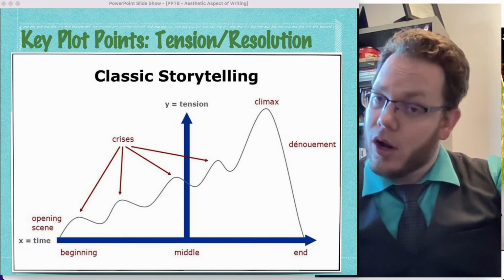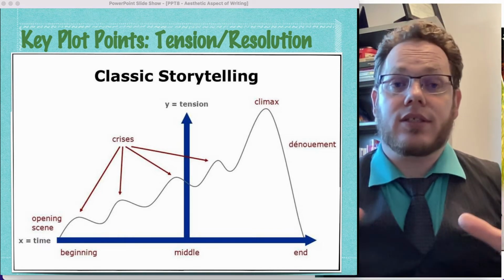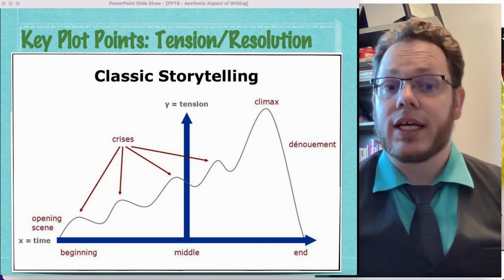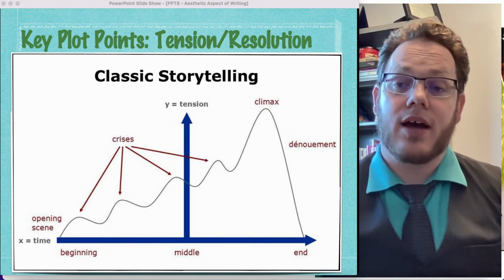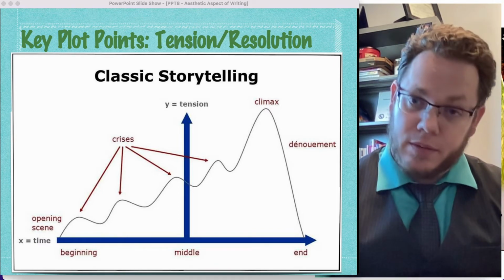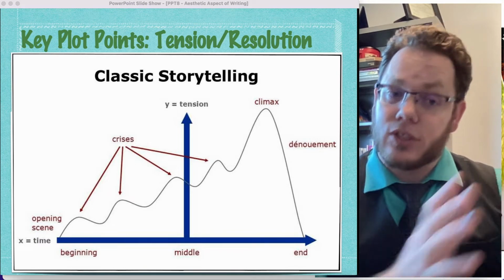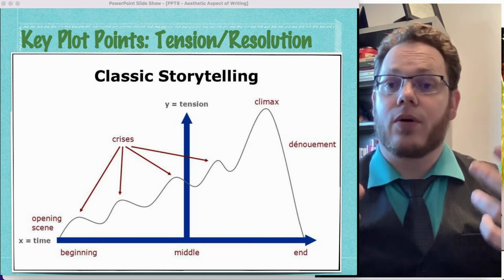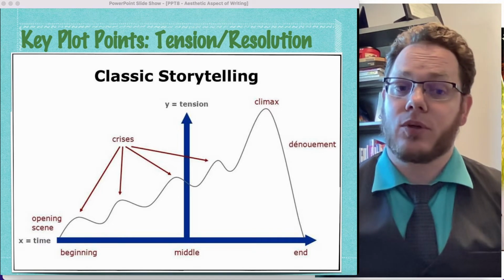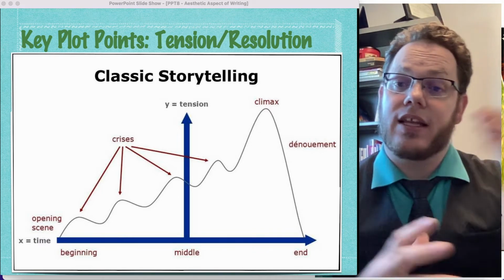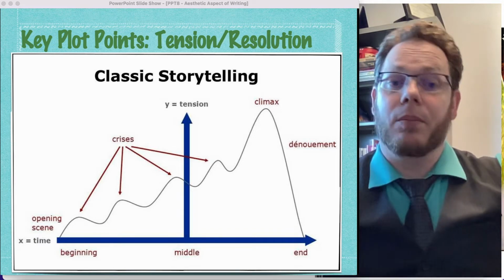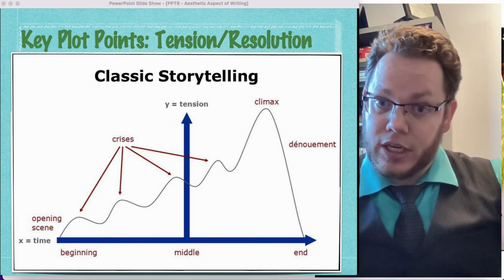And then we have the denouement, or closing action, basically. So these are the key plot points of a traditional classic story arc, with a beginning, middle, end. Even if you do something fancy like in medias res, where you start in the middle of the action as your opening scene, you're just rearranging the crises, and you're still starting with an opening scene and then slowly revealing the story, and still building experiences and helping us understand over time.